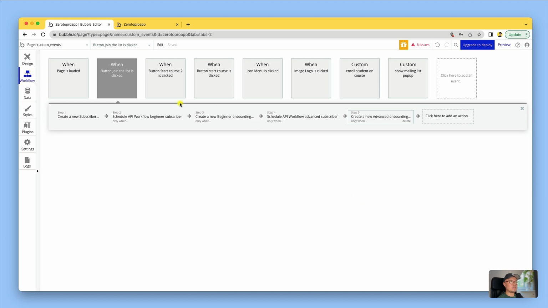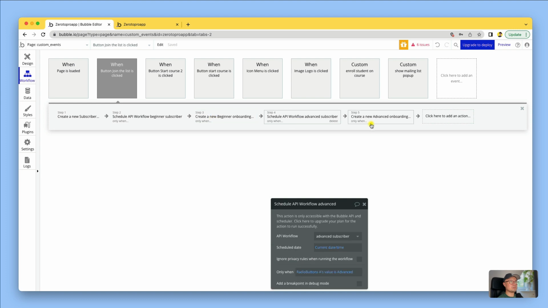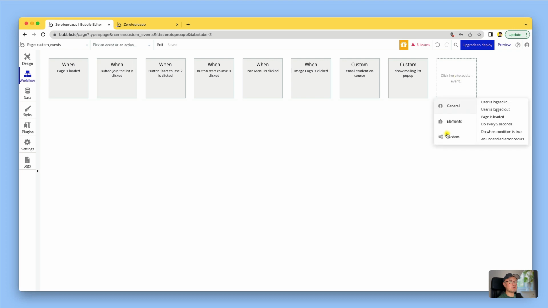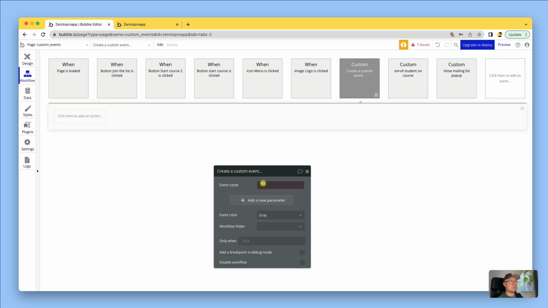So we have this single workflow, which has all these conditionals on the different events. And it's really not very easy to work out what's going on, and it's a bit cumbersome. So we could definitely improve this just by making custom events. So we could add a custom event, and we could say